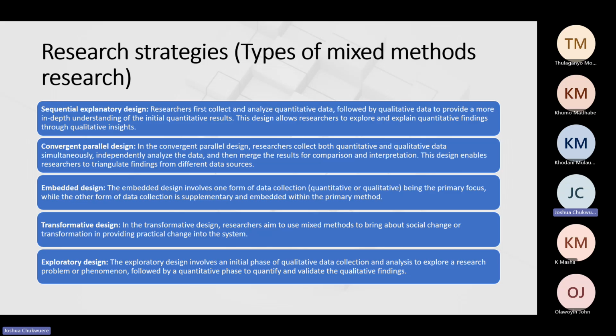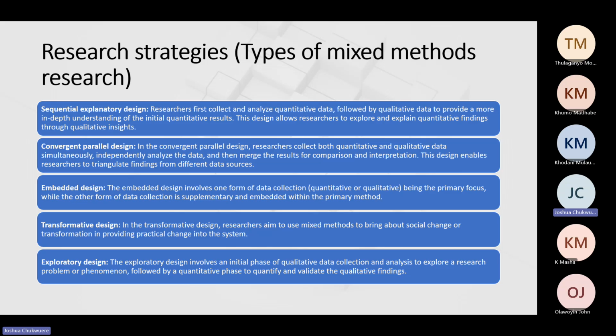You're collecting the data at the same time. Now, what happens is that you're able to analyze them individually as well, and then embed them together to form a holistic picture. You're going to also bring the results together to form a single